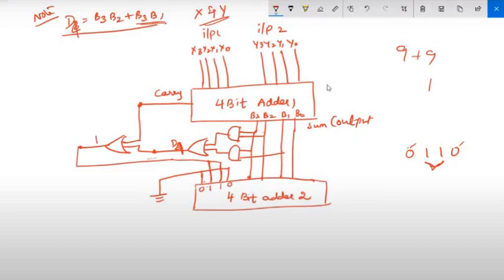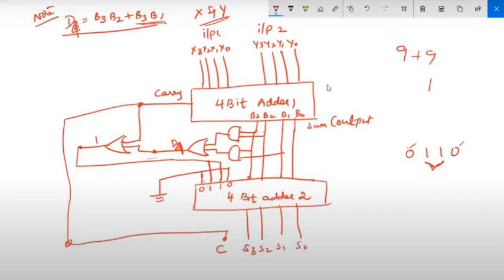So 6 will be added with your binary number, and that will offer you the output final sum S3, S2, S1 and S0. So if we had any carry, that should also be taken as the output, which represents the most significant bit carry. So this will be your final answer, right? Now for this adder 2, we will be having one more carry, right? Because each and every adder will have its own carry, right? So adder 2 will also have carry, but that should be neglected.